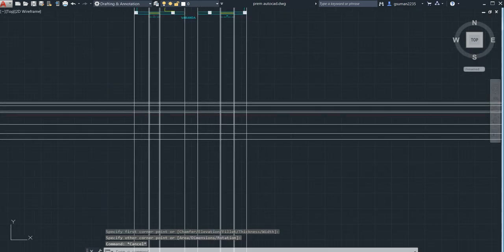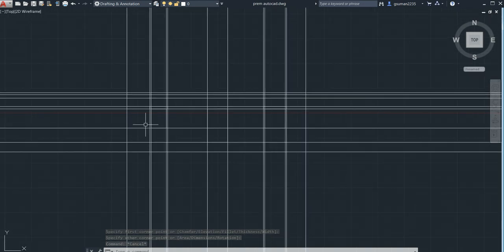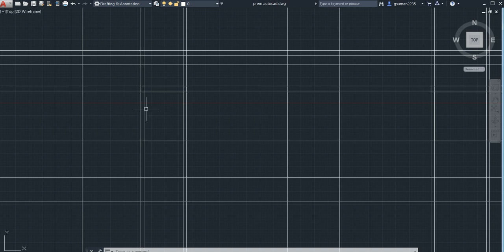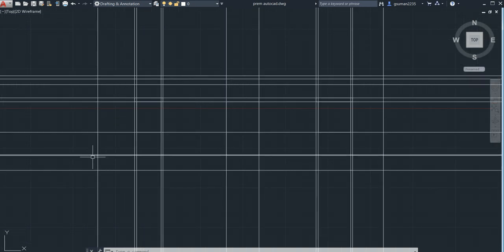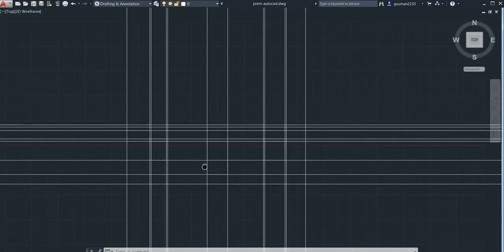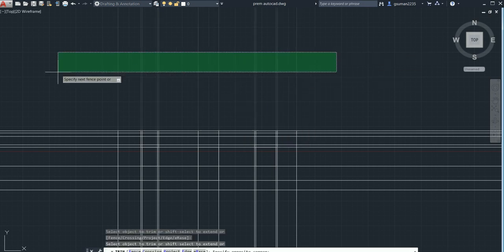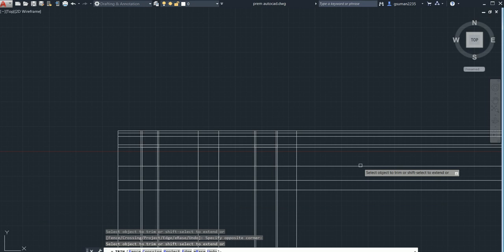Now I have taken this chhaja and this. Now what should be deleted? First of all you have to delete these external lines, which are much larger construction lines. Go for the trim command, double enter, delete this side also, this side also.